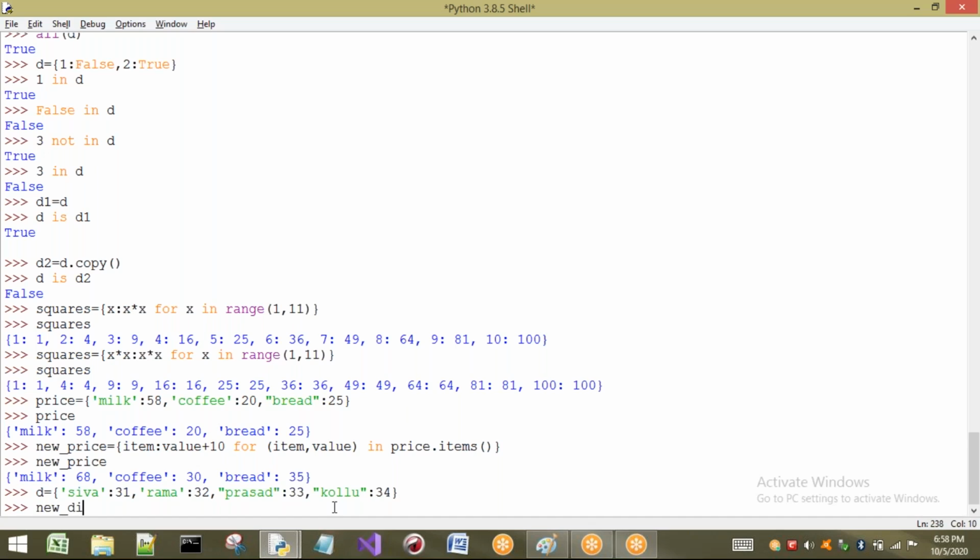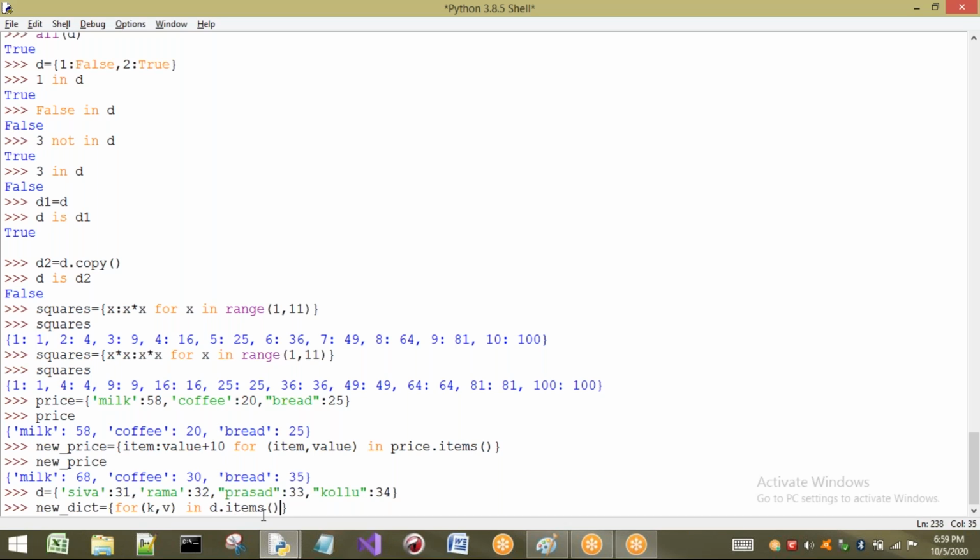That is new dict I will write for this one. So you can understand the logic here, first I will write the condition. Later I will come back to what the key and the value should be. For key and value I have to consider here, just I will take k comma v. You can take anything, key comma value. From where are you going to take? In d dot items.